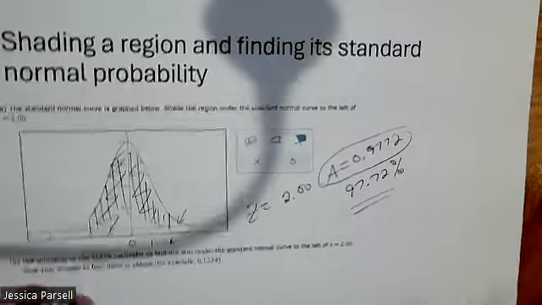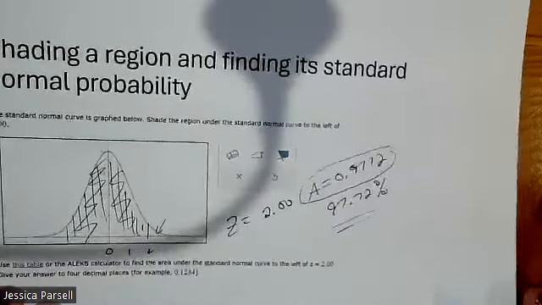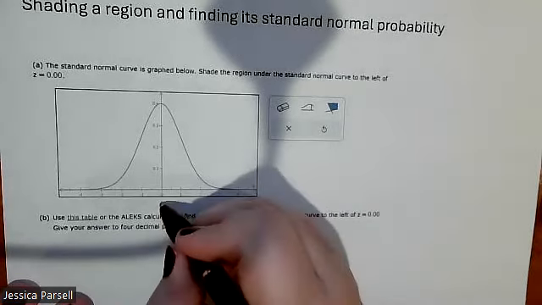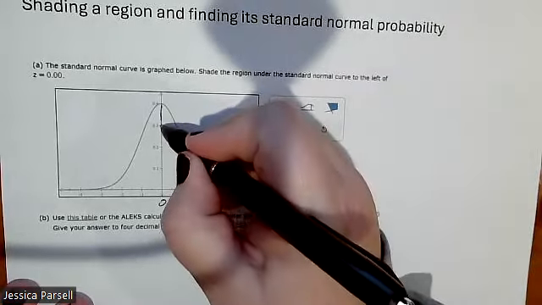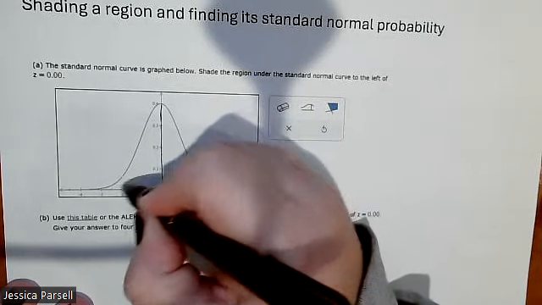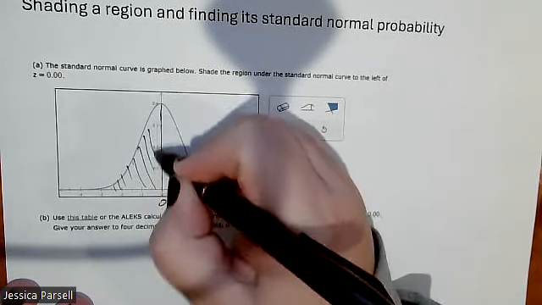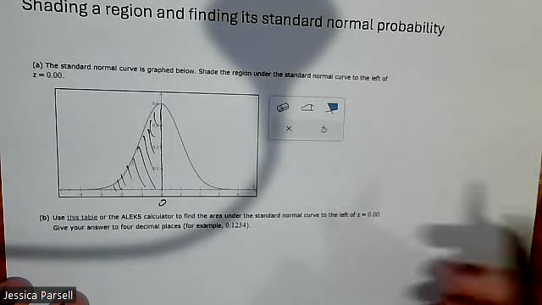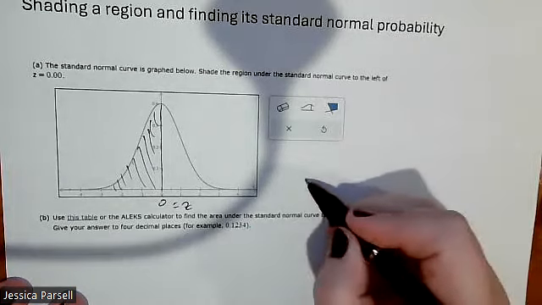All right, one last problem. Let's take a look at it. The standard normal curve is graphed below. Shade the region under the standard normal curve to the left of z equals 0. Okay, well, z equals 0 is right here. This is everything to the left. And you're probably thinking, I don't even need the chart for this, right? Because we know it's